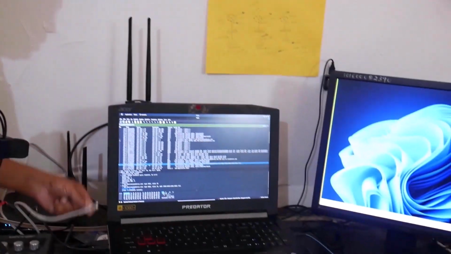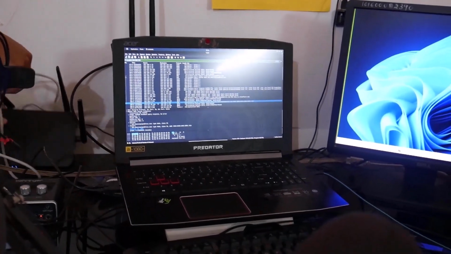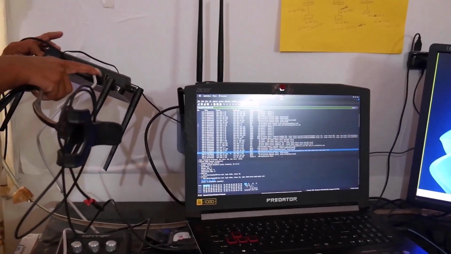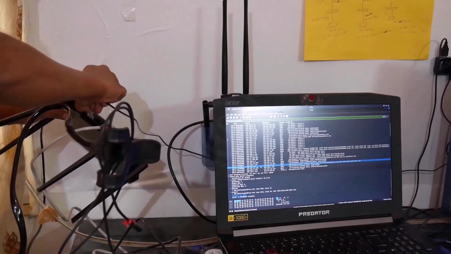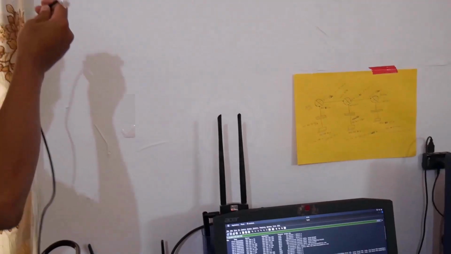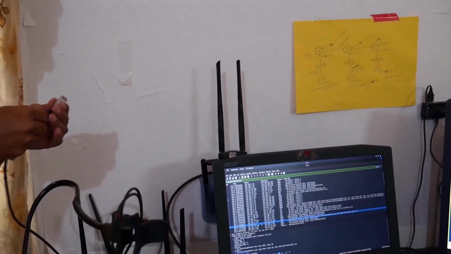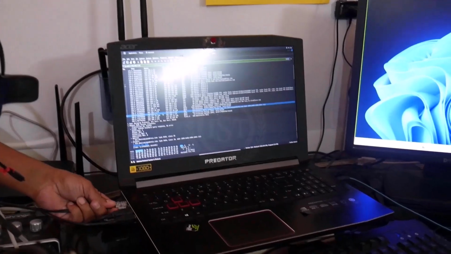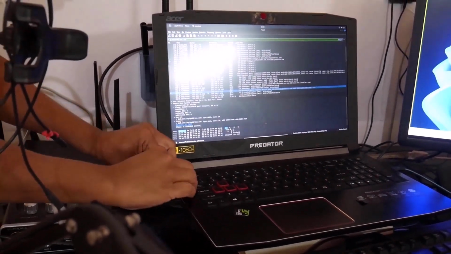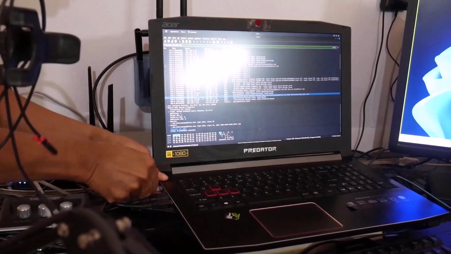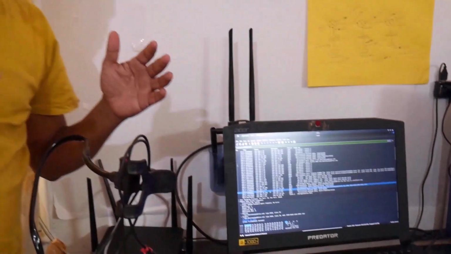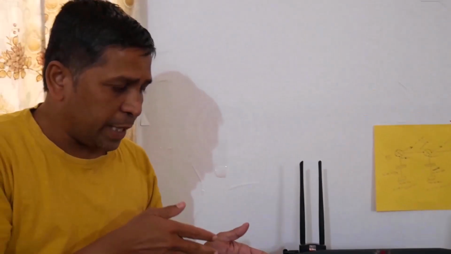As you can see, now I'm going to unplug this white cable. This is the cable that connects to my router, as you can see over here. This is the cable that I am getting from my ISP. So I am going to remove the cable from the Wi-Fi router and plug it in over here. Now let me restart the work again, so that you will actually find the IP address of the DNS server that is provided by my ISP.